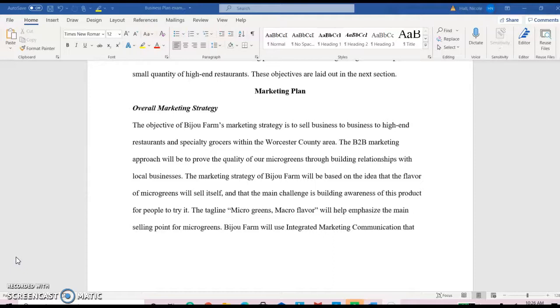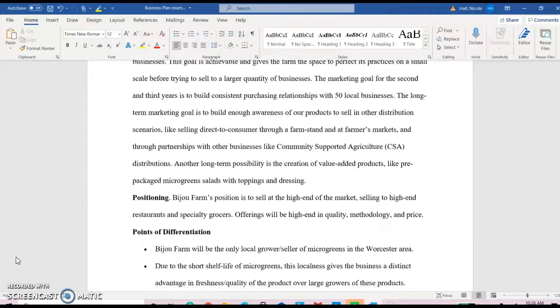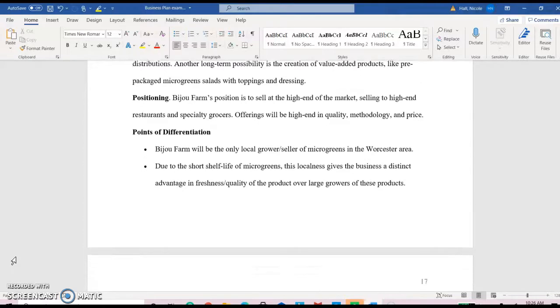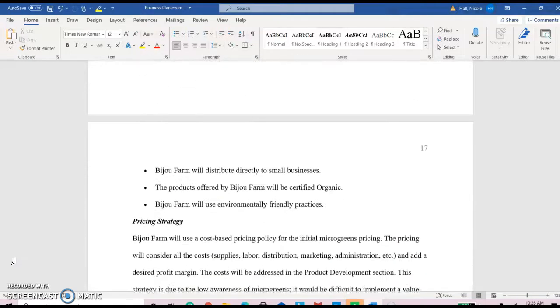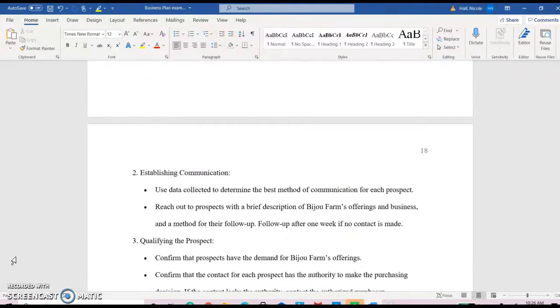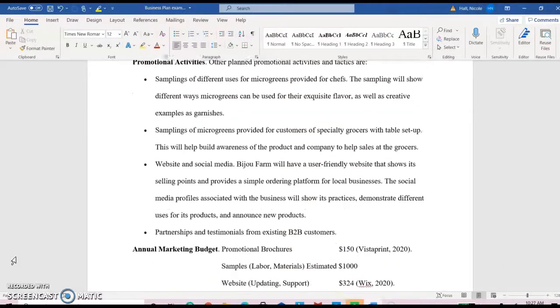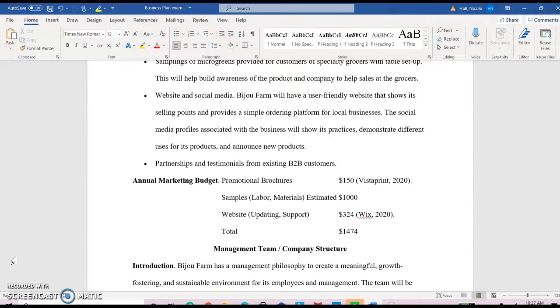So think about the 4 P's: product, price, place, and promotion. So be sure to include the overall marketing strategy, the positioning, the points of differentiation, the pricing strategy, the sales process or cycle, promotional activities, the annual marketing budget,